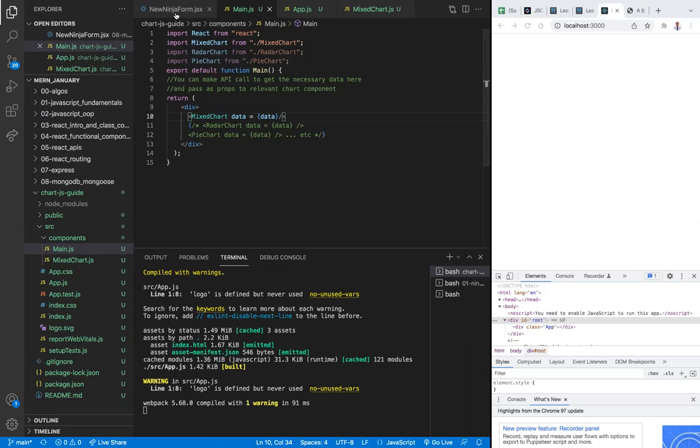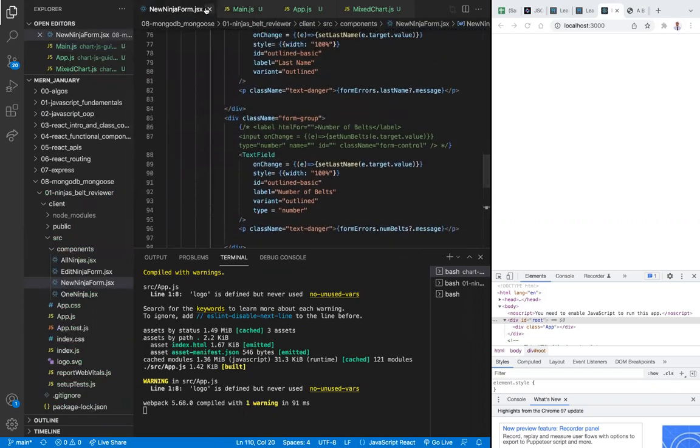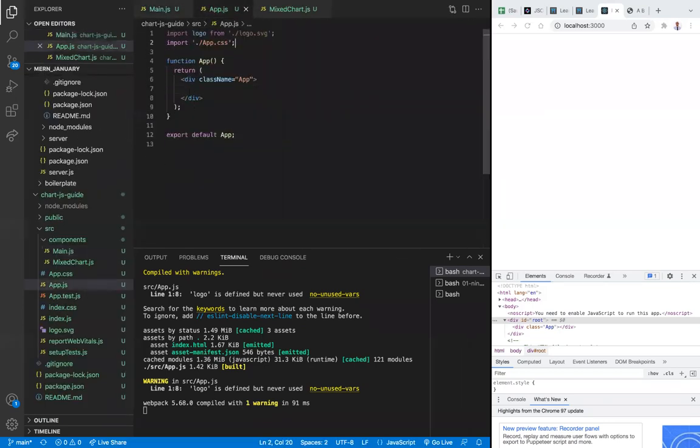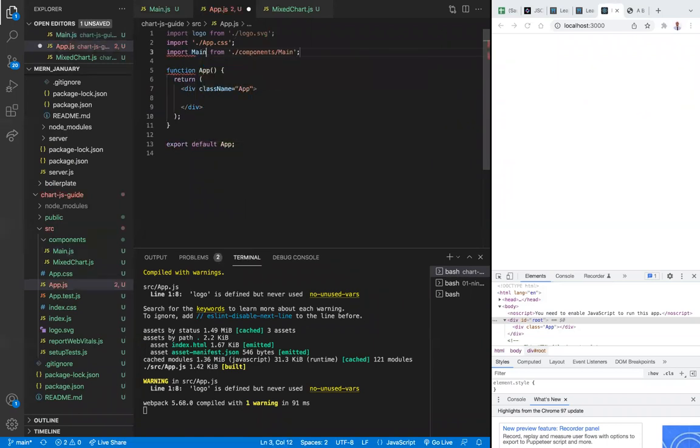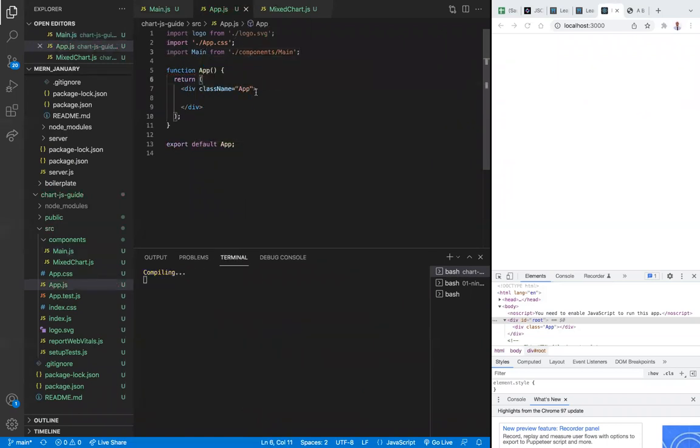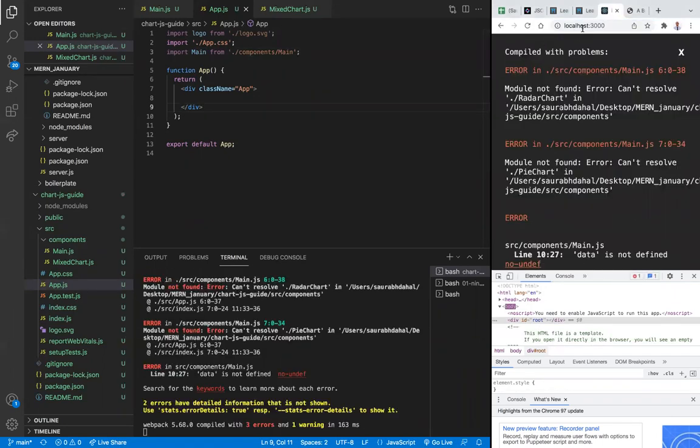So I'll tell it to render the main.js component. Import main from there. Okay, it's not like that. It says error. Okay, can't resolve radar chart and can't resolve pie chart